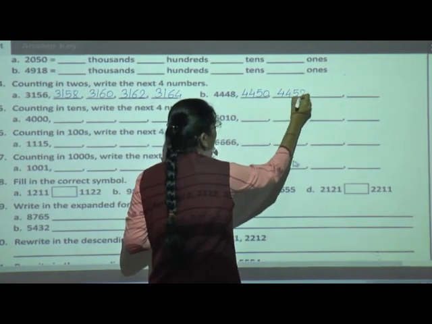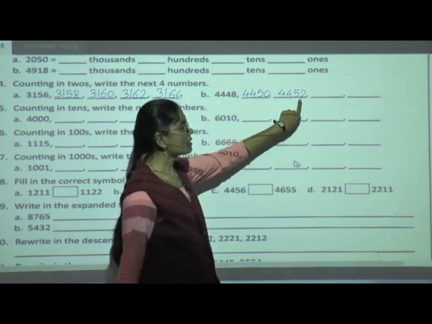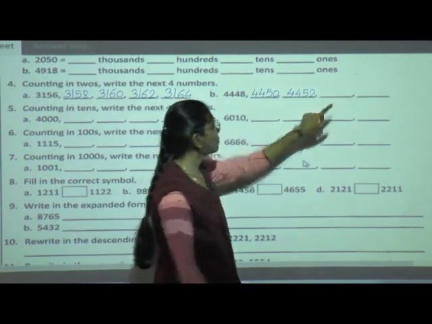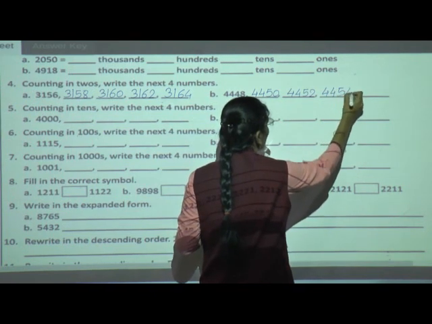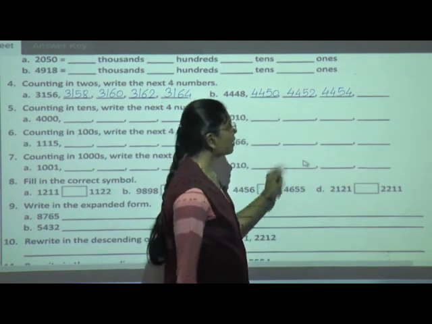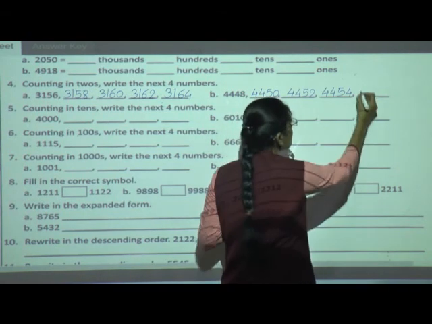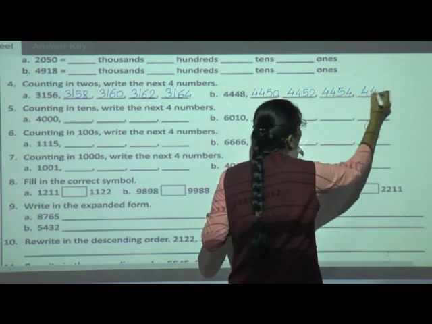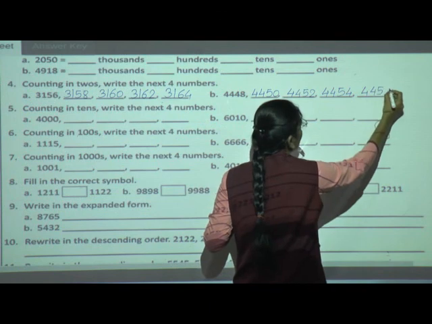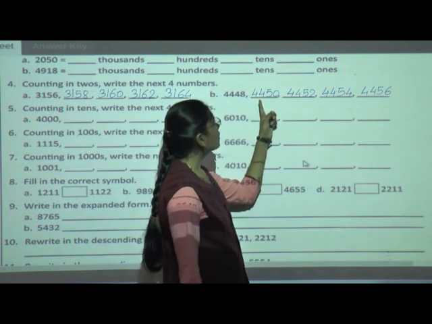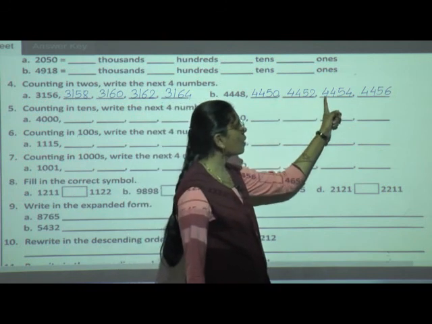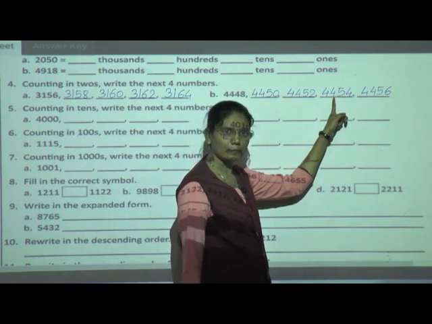4452 will come. Then again add 2, 2 plus 2 is 4. So the answer is 4454, and the last number will come, 4 plus 2. So we will write 4456. See students, can you see here, we are not going to touch the thousands place and hundreds place,